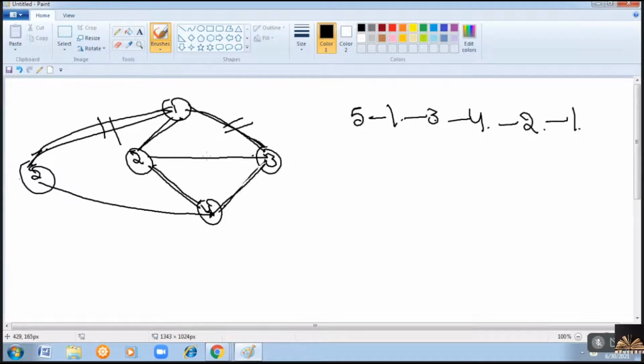Now, you still have 2 more edges to be visited and you are unable to come back when you choose this path. When you choose this path, you are stuck at the vertex 1. Why? Because from 1 you are unable to visit these 2 edges and come back to the vertex. So let me choose some other traversal. Here from 5 I can reach 1. From 1, instead of going to 3, let me go to 2. From 2 to 3.